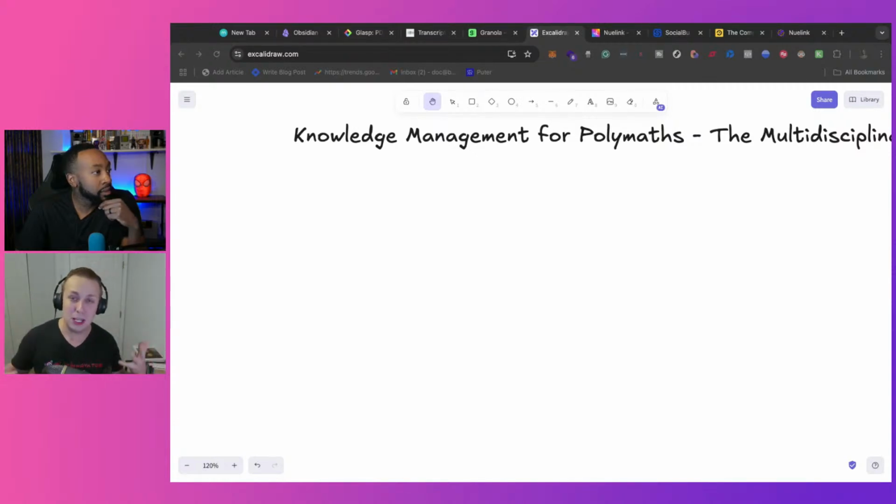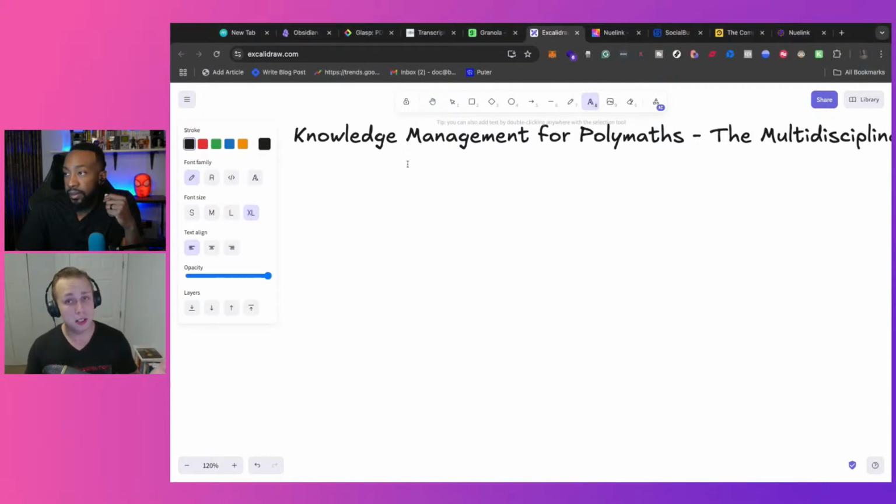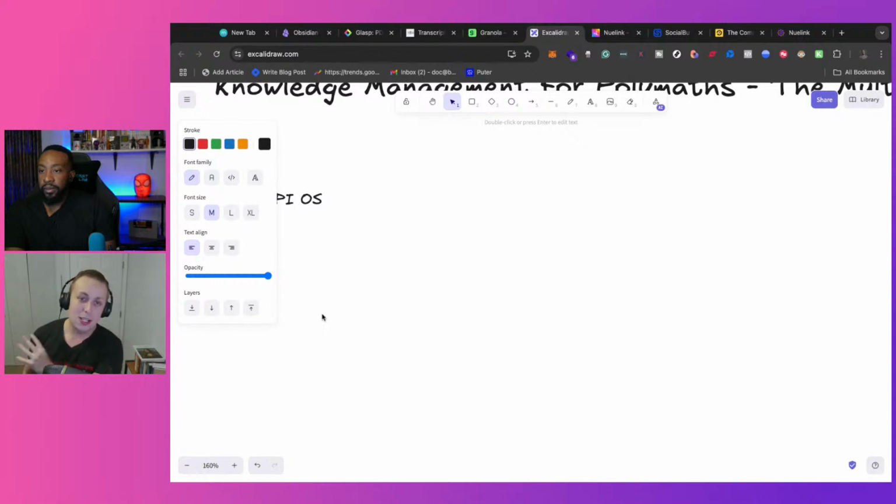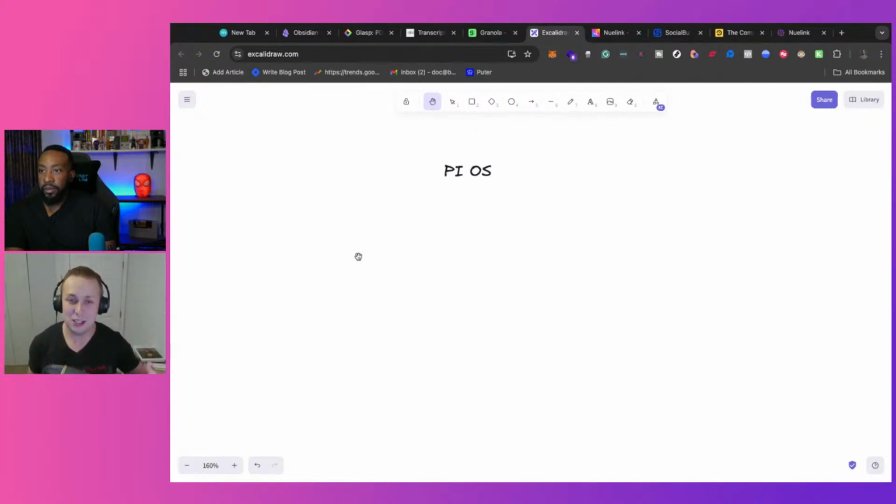And so I wanted to create a framework that other people can use, and I called it the PIOS, the Poly Innovation Operating System, or Personal Innovation Operating System, whichever one you prefer. But the PIOS is a relatively simple framework that allows you to organize your polymathic life. People might be familiar with the Second Brain or the LifeOS monikers, but those are more geared towards, I would say, specialists rather than generalists. And if you're on the journey to polymathy, whether you're a jack of all trades or a generalist or multipotentialite, you're on that journey towards polymathy, and eventually you'll reach there. But using this tool that I created, it'll allow you to be more effective on that journey.